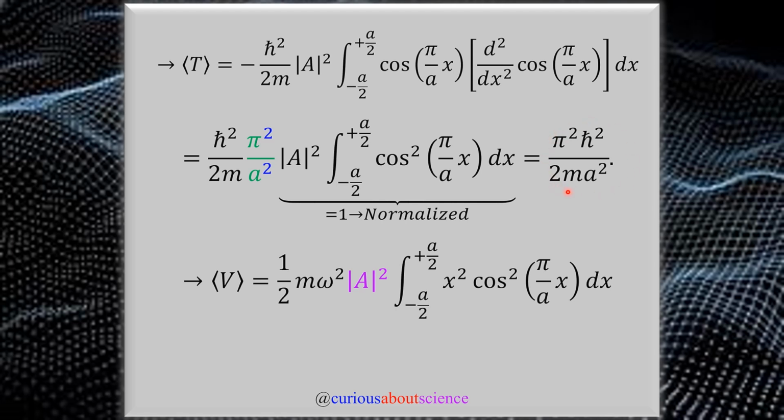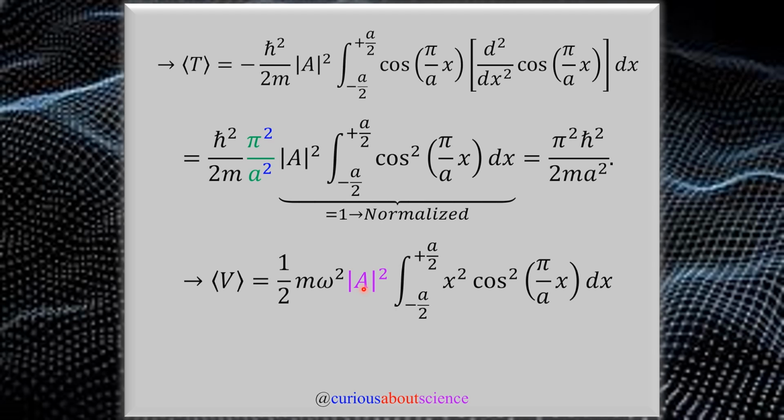So we should be able to reference that, although clearly we can already see that this is probably going to divert a little bit from what the exact values were. But moving on to the potential term then, we see we have 1/2 m omega squared and then x squared. That completes the potential. But now we need to sandwich that with the magnitude squared,